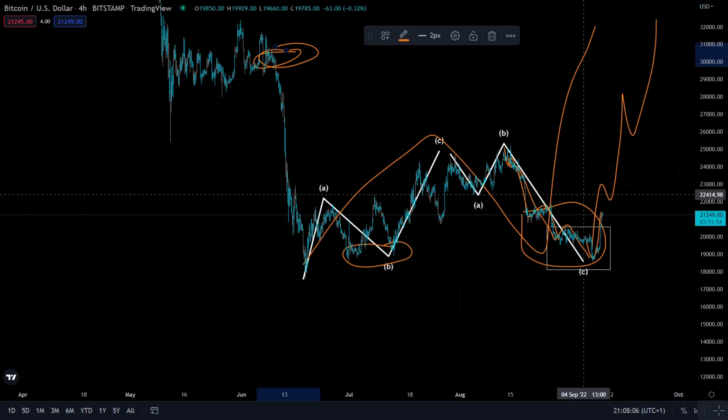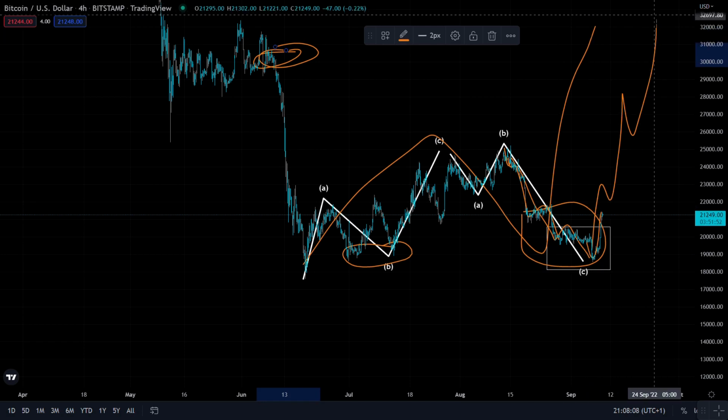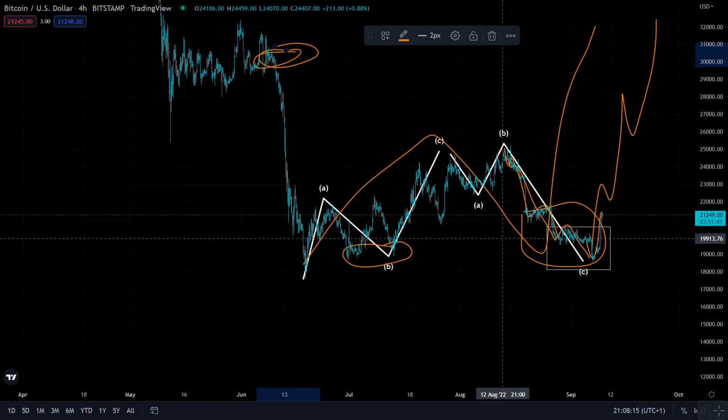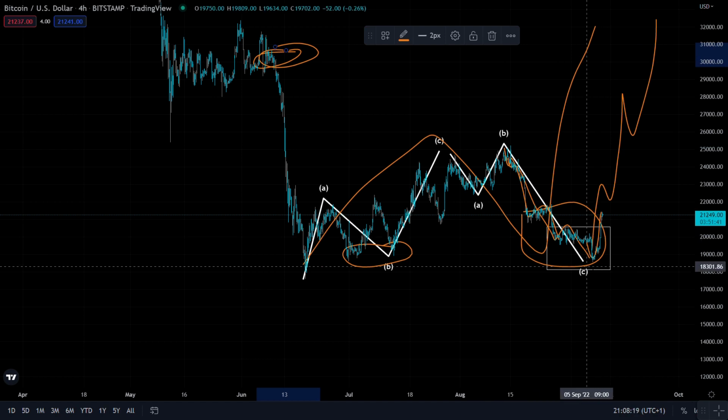I think you're onto a winner here, and you can take some profits up here, and whatever happens next, if it's a WXY and we set new lows, no problem, you've taken profits. But if it's not, and we impulse, what I'm doing personally is only taking a percentage profit. So if we do move up, we're still in the market. But if we go and set new lows after that as a WXY, then at least you've taken some profit,